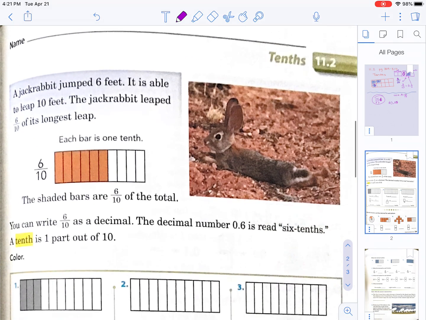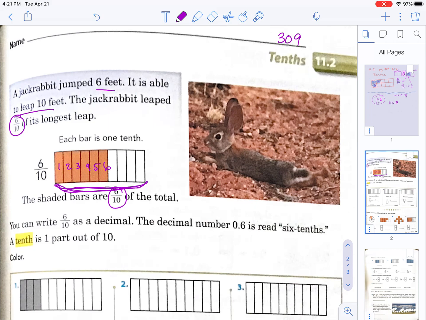So we are on the top of page 309. Make sure you're there following along. It says, a jackrabbit jumped 6 feet. It is able to leap 10 feet. The jackrabbit leaped 6/10 of its longest leap. So if it was jumping as far as it could jump, 10/10, it could jump a full 10 feet. But how many feet did it jump this time? 1, 2, 3, 4, 5, 6. It jumped